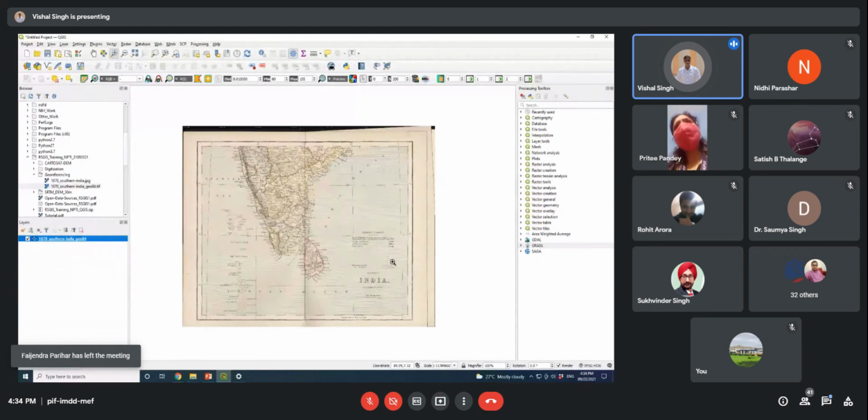Actually, what is the need for the conversion? Suppose the structure of the Earth is three-dimensional: there is an X, a Y, and a Z. But if you work in the GIS domain, then you have to work with the raster map or GIS data set.